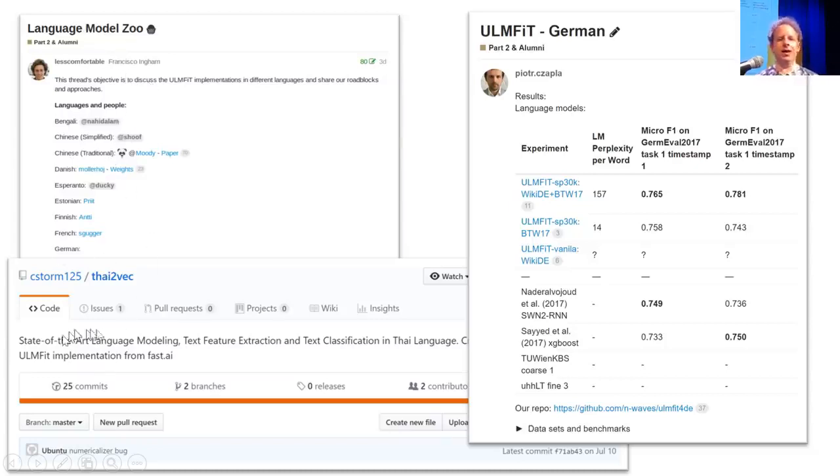And out of that, there's now been an academic competition won in Polish that led to an academic paper, Thai state-of-the-art, German state-of-the-art. Basically, students have been coming up with new state-of-the-art results across lots of different languages, and this is all entirely being done by students working together through the forum. So please, get on the forum, but don't be intimidated